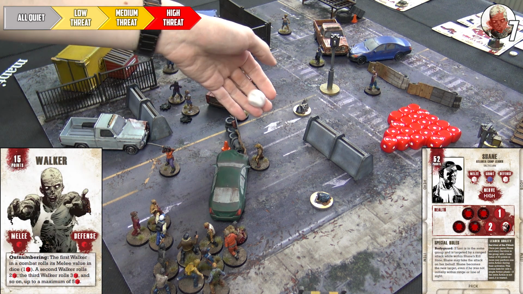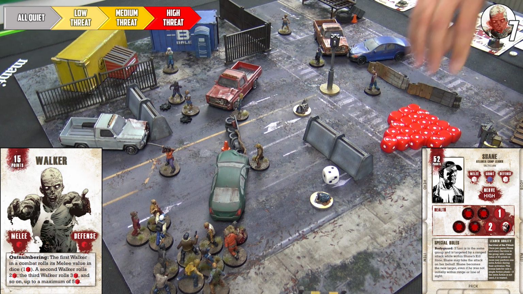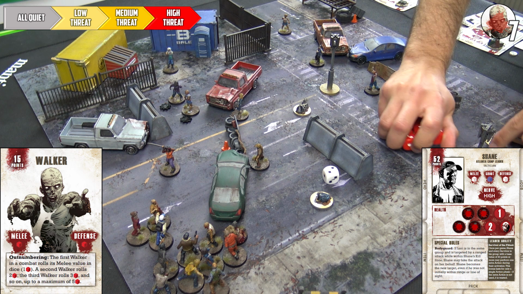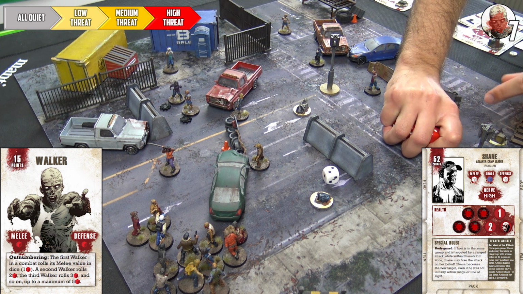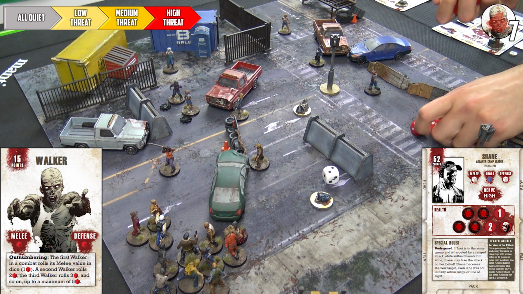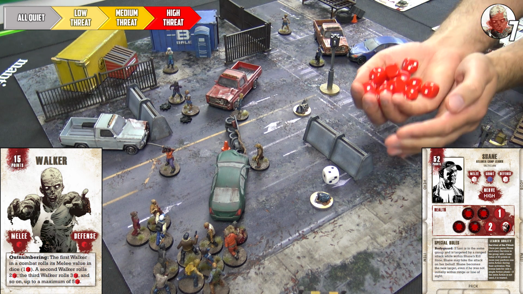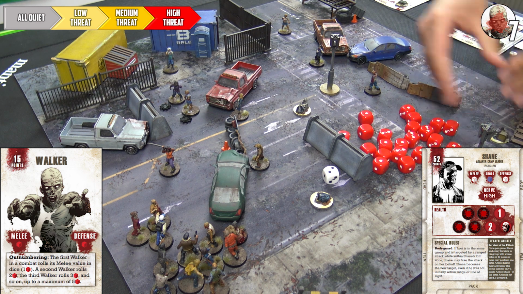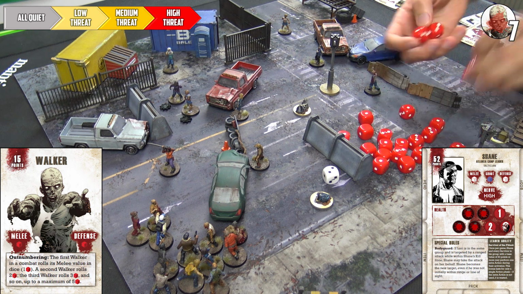Well, let's see what he gets. He gets 2. He goes out swinging. He gets 2. So I don't really know how, logistically, to roll these dice. I just drop them. I think it's probably the best thing to do, isn't it? I mean, I'm not going to re-roll the 10. Let's re-roll the blanks anyway, just for...